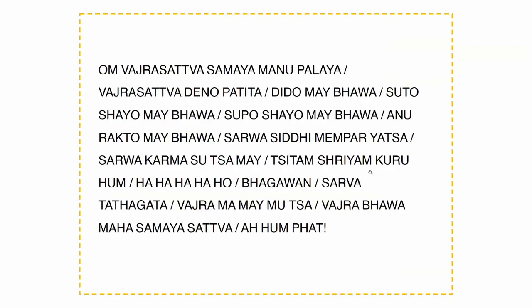Om Vajrasattva Samaya Manupalaya Vajrasattva Dina Patita Didum Ebowal Sutokaya Mebowal Sipokaya Mebowal Anarakta meboa sawasidi mimpi yatasawa kama sita me. Sitam Shriyam Kuruhum Ha Ho Bhagawan Sawa Tata Gata Vajramami Mutta Vajrabawa Mahasamaya Sattva Ahompe Vajra Sapta Samaya Manupalaya Vajra